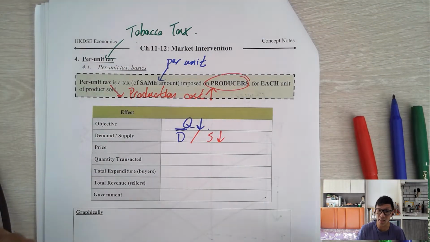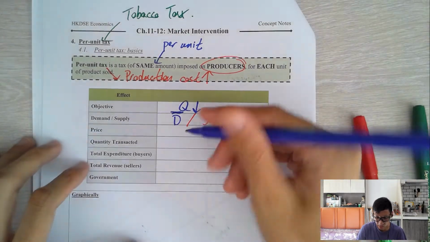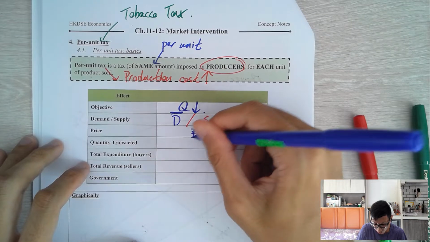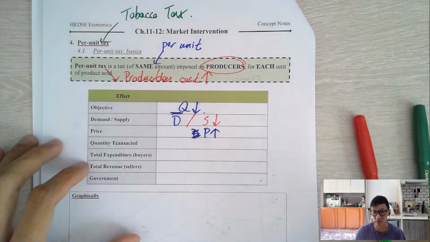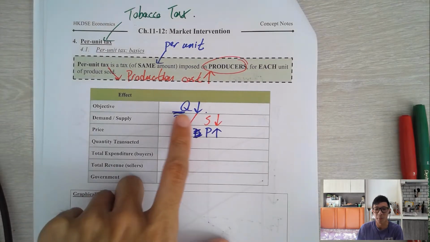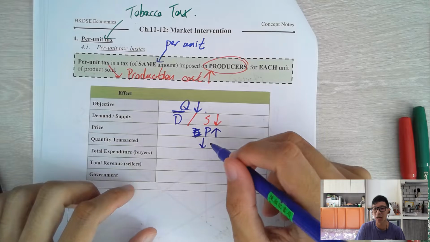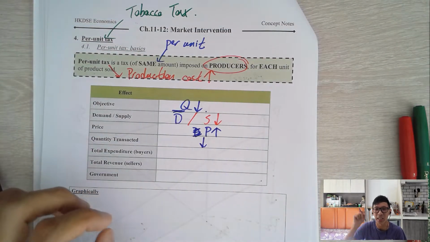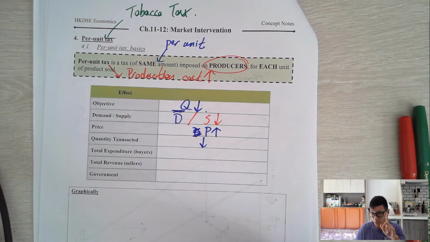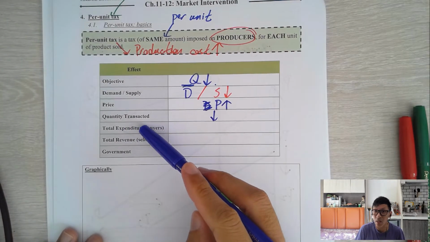Supply drops. Now with a drop in supply, what does that mean? It means that price would increase. Normal, there's no reason the price would fall when you impose a tax. Quantity transacted decreases, as we just said. The objective is to decrease the quantity transacted. Be careful. This time, you see, I've broken